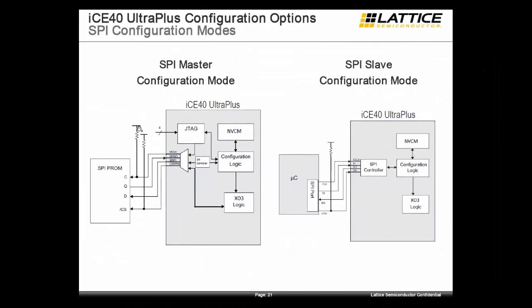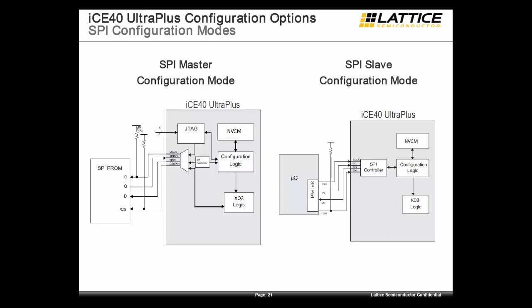For configuration modes, there is a SPI master and a SPI slave configuration mode available. This device can be only programmed through those 2 interfaces. The SPI master configuration mode does require an external SPI flash memory to hook up. So there are 4 dedicated pins on the device. There is a clock, SPI in and SPI out, and a chip select pin to be hooked up to the